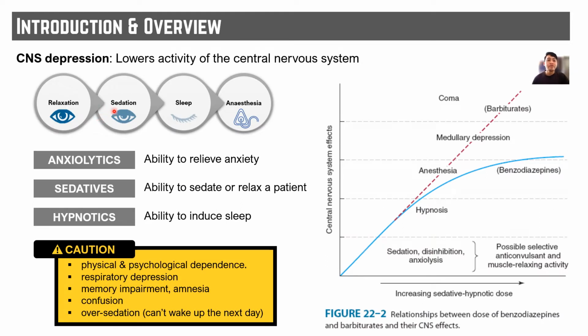Alright, when we define CNS depression, it refers to the drugs or chemicals that lower the activity of your central nervous system, ranging from relaxation to sedation, followed by the induction of sleep, and able to cause anesthesia. So before we discuss further, you need to familiarize yourself with these three agents, which are the central nervous system depressants. One of them is the anxiolytics, which are drugs having the ability to relieve anxiety or